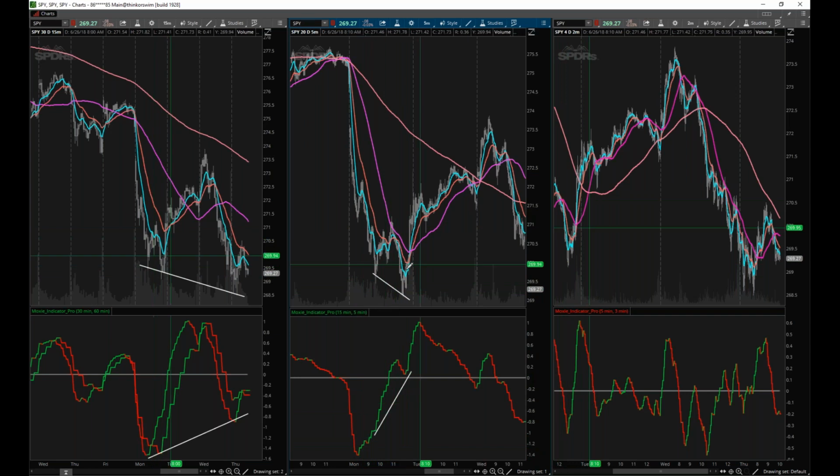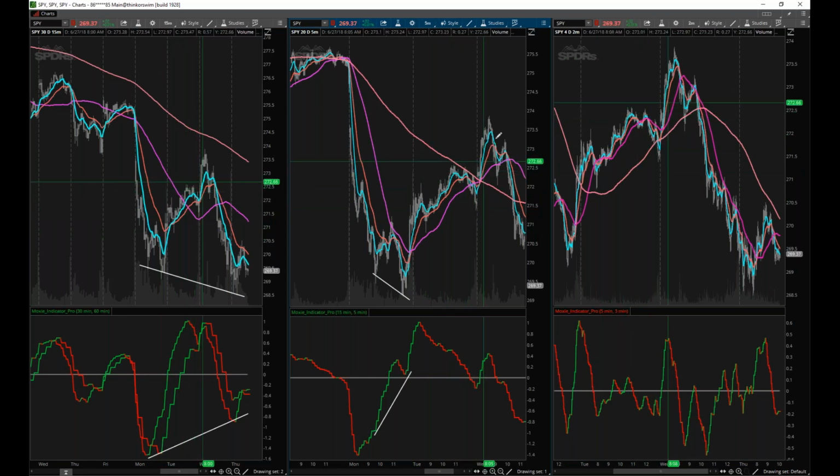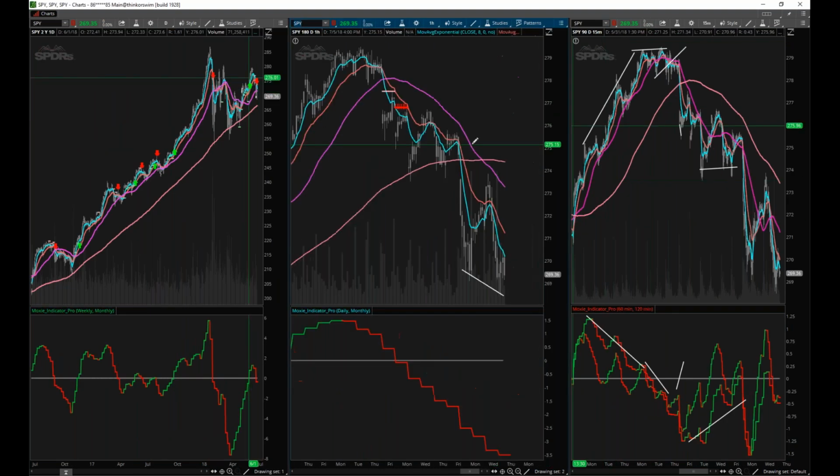And so what did it do? The fact that the indicator stayed above zero when price was below the 50 shot price back up, and it just walked itself up the 5-minute 50 right here. It took a little dip as it ran into the 5-minute 200, and it managed to get past it the next day. But then remember context, this was yesterday. This ran right into the underside of the hourly 50.